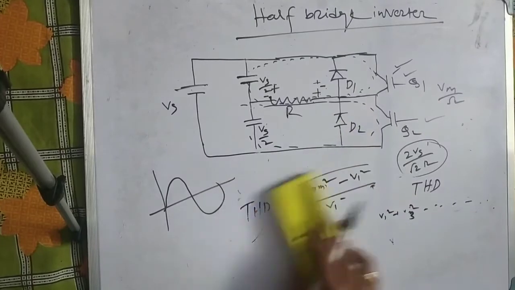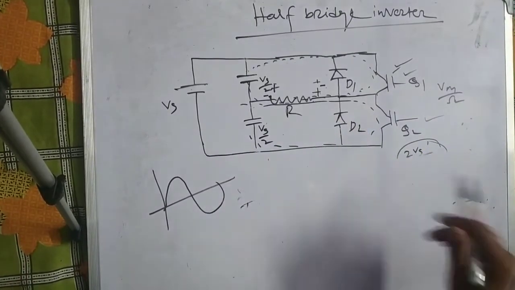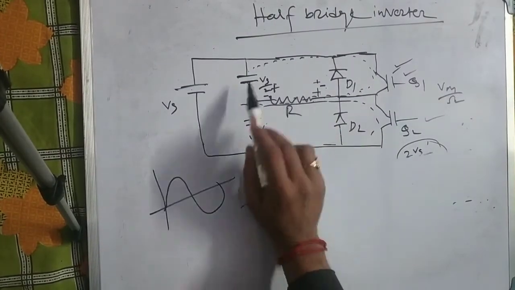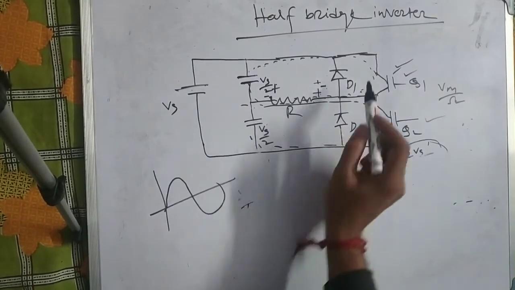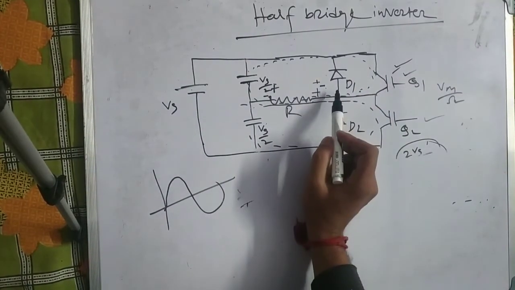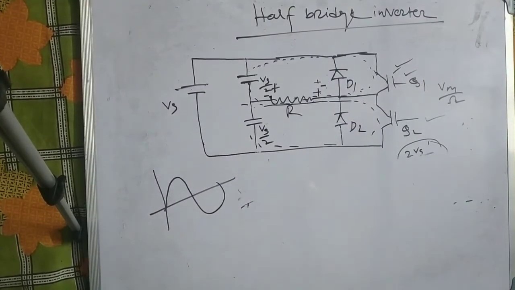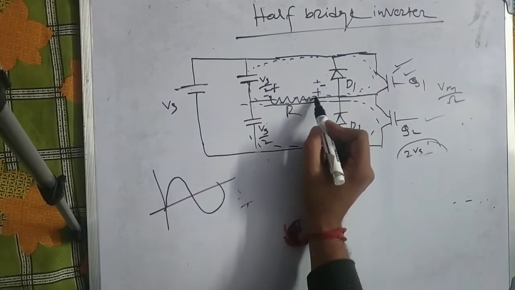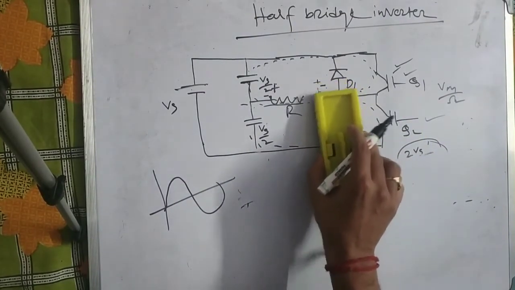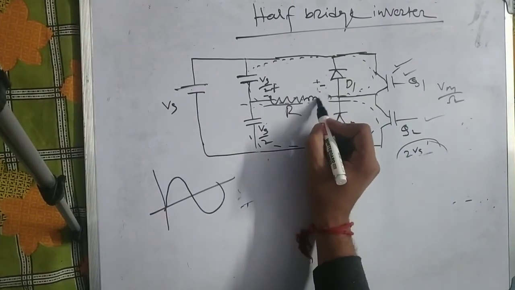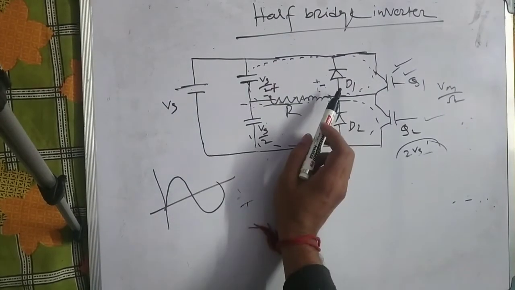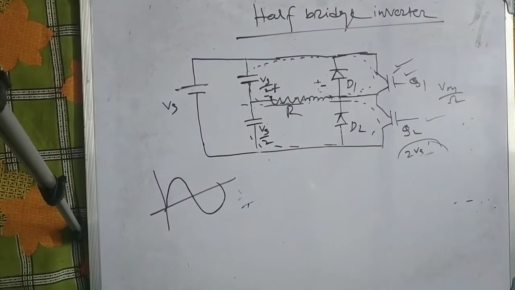Now in this circuit we can see another thing, the diode. For resistive load, I have already analyzed it. There is no current flowing through this diode. So what is the need of this diode in this circuit? Suppose this load is an inductive load. Not only resistance, a higher inductance will be there. Then the diode operation will come into the picture.